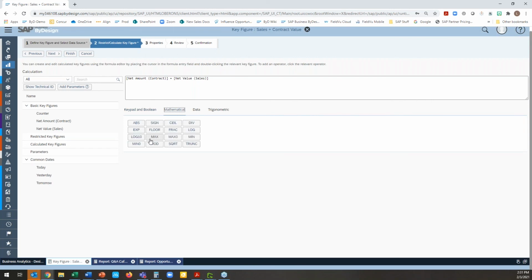But once we get into some of the other mathematical or data type operations, they're not as explicit. So absolute value, if you have negatives and positives and you always want to show a positive, I can show that. If I want to just show what the sign is, I have that. And then you've got other options in here for counting, greater than a certain percentage, and other trigonometric ones. Most often you'll probably be using the keypad, Boolean, and the mathematical ones. So